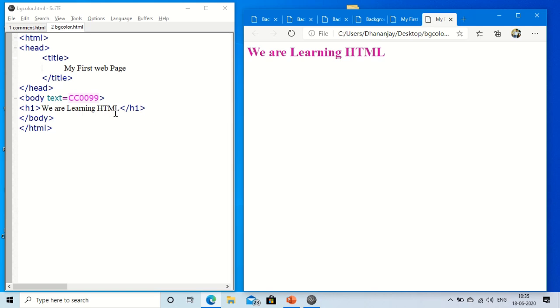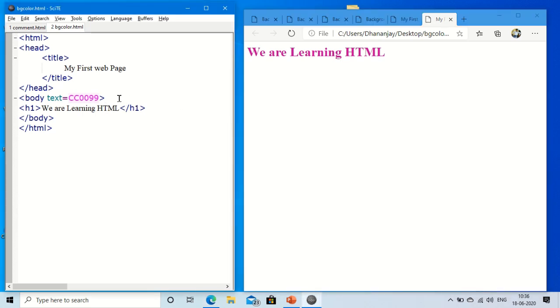How will we change it? We have to use the font tag. I will write font here, and give color green. Now I close this. The color of "We are learning HTML" will be green. Let me save and refresh it.